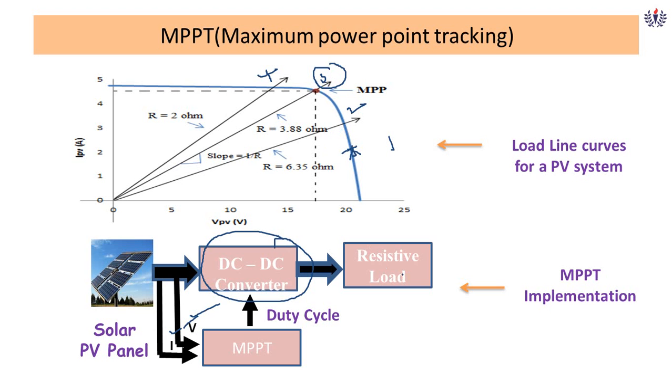So this is the explanation. Though you cannot have control over your load, you can have control over your duty cycle. Why? Because you are taking the input V and I values and calculating the power, and based on the present and previous power, you alter your duty cycle so that your PV is always operated at the maximum power point. So this is how it goes. This is P&O maximum power point tracking in your syllabus.